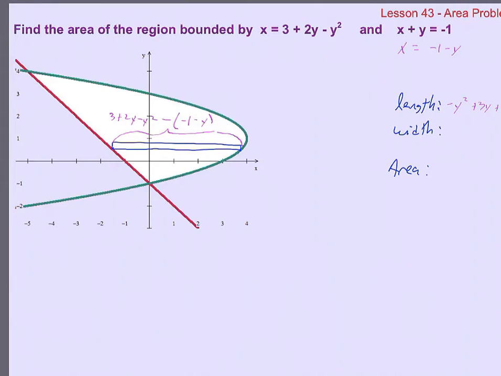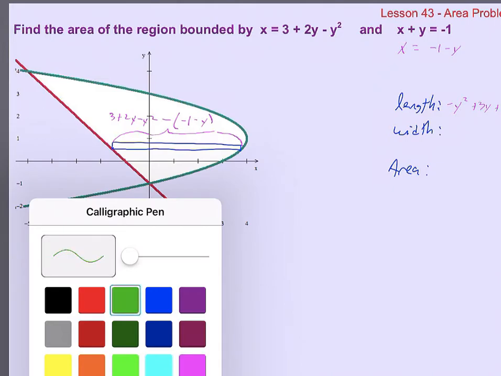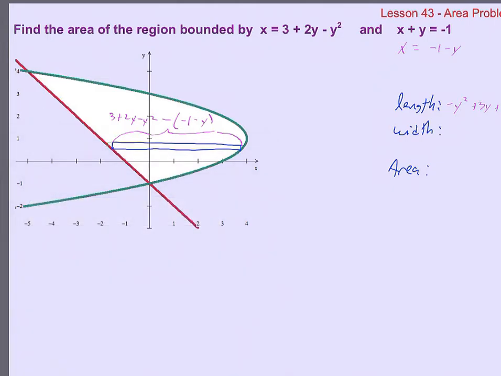And the width is going in the other direction here. The width of this rectangle is that. I need a name for that. Well, I can't call it dx because it's not a change in x values. But it is a change in y values. The small infinitesimal change in y values is dy. So I can say that the area of that little strip here is the length times the width,